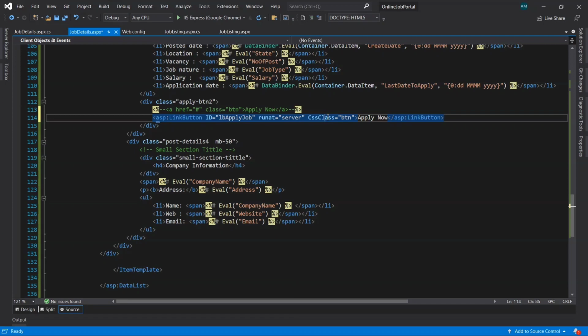Then let's remove the text from here, cut it and paste it here within the text property. Paste. Okay, now